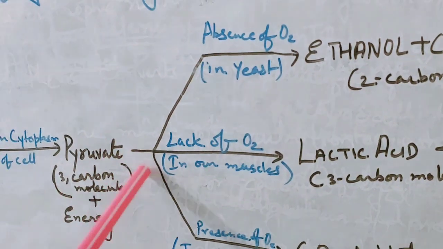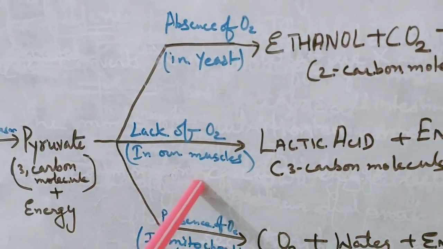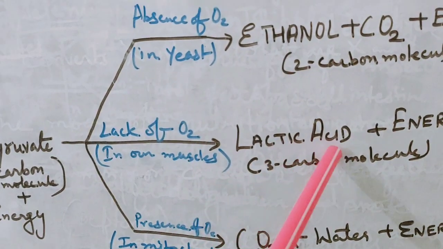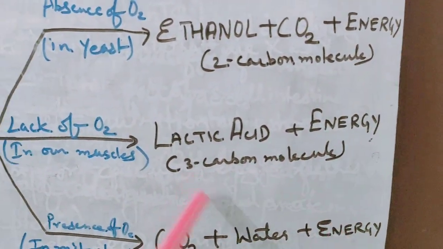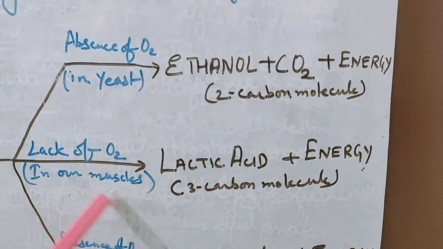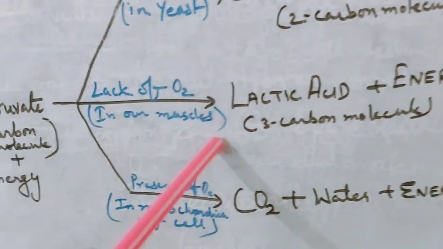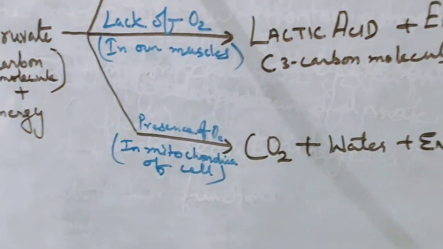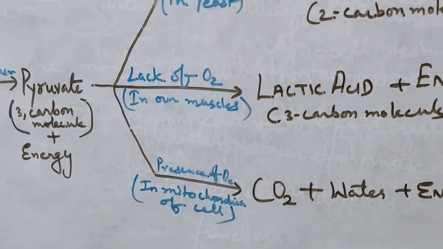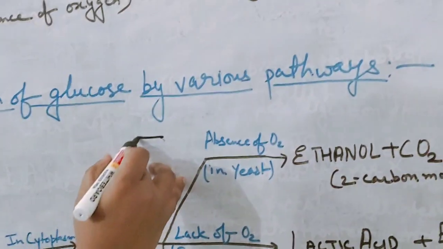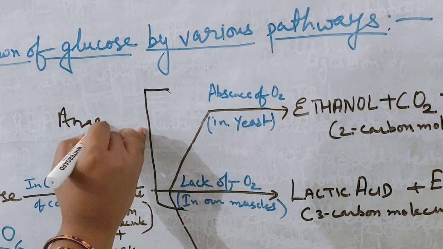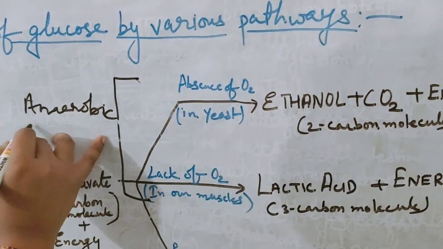Secondly, it occurs in our muscles also, where the lack of oxygen occurs. It forms lactic acid plus energy. So here also the lactic acid consists of 3 carbon molecules. So we can also say that incomplete oxidation of carbon molecules occurs in anaerobic respiration. And these two are the types of anaerobic respiration,